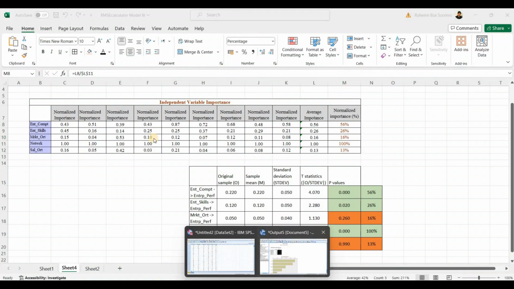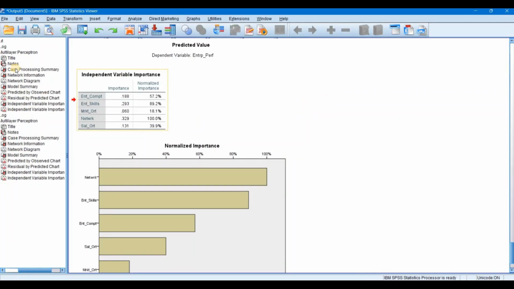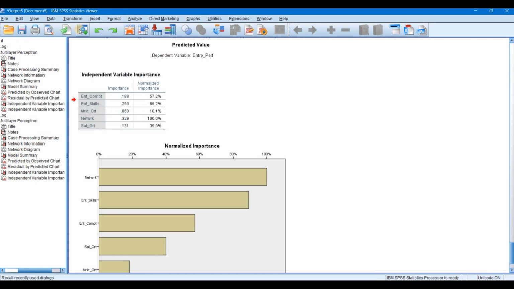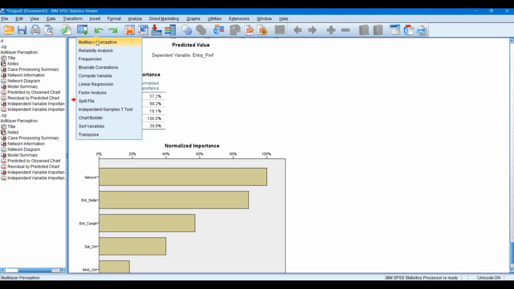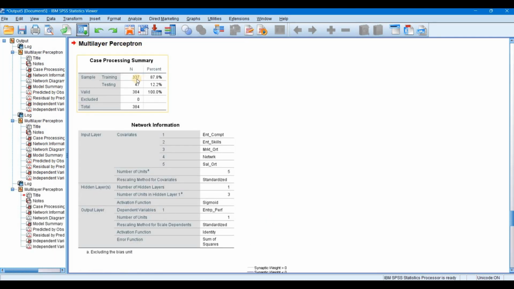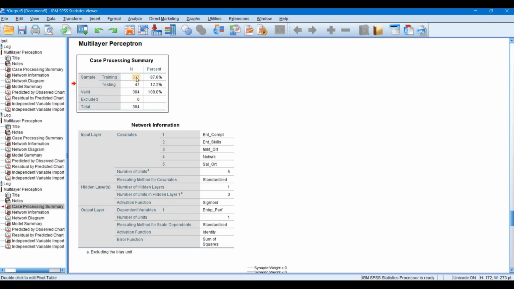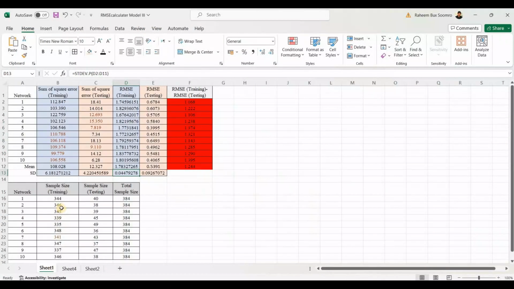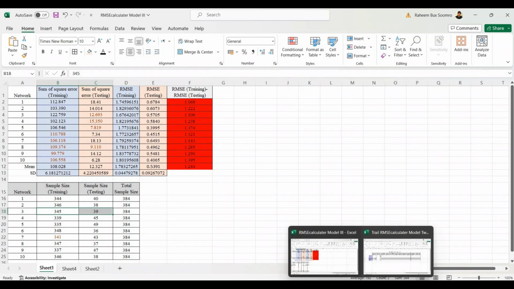So in this way you can work. Now, I have applied it 2 times, but you are required to apply it 10 times. Each time, go into the recently used dialog box, select the multilayer perceptron and click OK. And then again select the case processing summary, the sample size 357, and then press the values of the